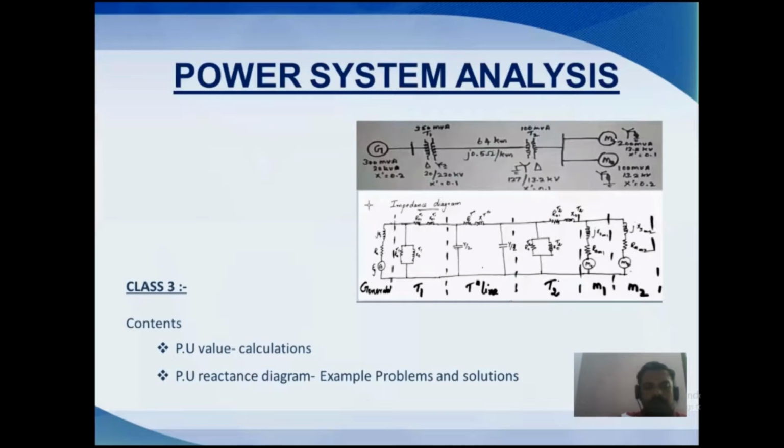Here, we make one approximation. The shunt branches of the transformers are removed because their impedance values are too low compared to the primary and secondary side impedances of the transformer. Now let's see, these two are the no load branches or shunt branches of the transformer. Here I remove those shunt branches. Now we get the approximate impedance diagram. This type of diagram is used in power flow analysis.